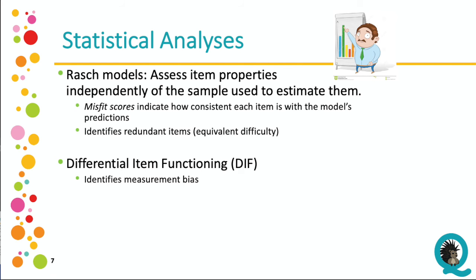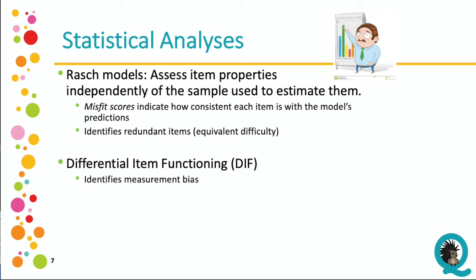In order to determine which of the original 96 items should remain in the final screener, a few statistical analyses were used. Rasch models were used to assess item properties independently of the sample used to estimate them. This model gives a misfit score, which indicates how consistent each item is with the model's predictions. Redundant items, or items of equivalent difficulty, can be identified. Differential item functioning can identify measurement bias. This test assesses whether different groups, for example males compared to females, perform differently on an individual item while controlling